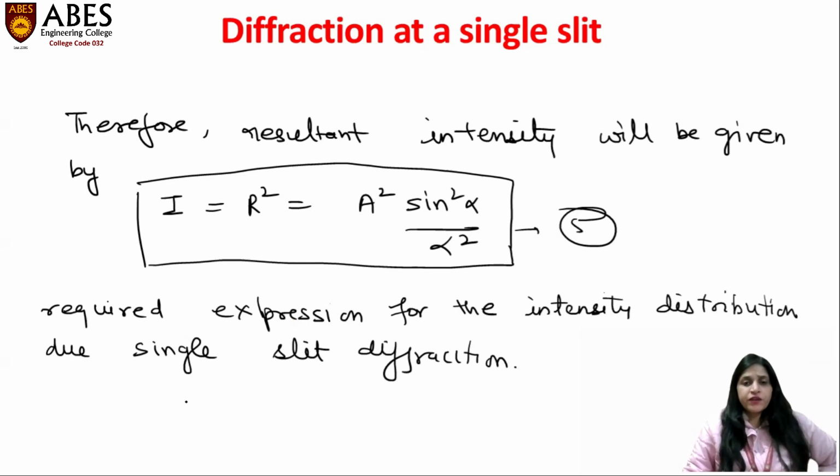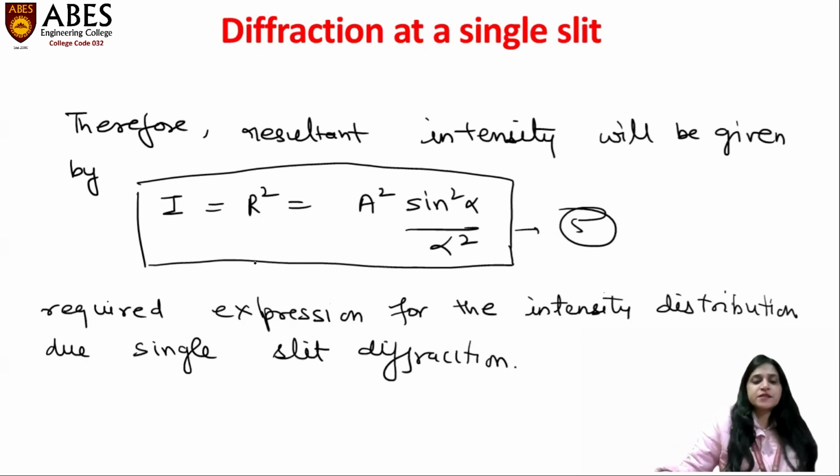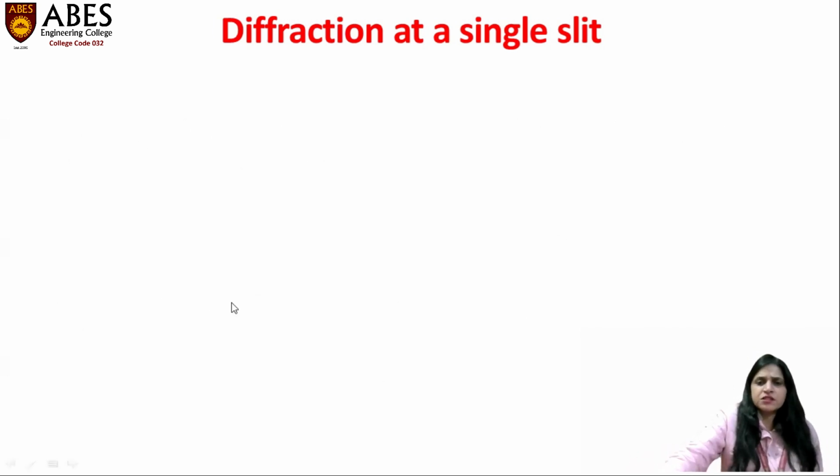Now, what we have to do is, now we have the intensity equation from R, that is the resultant amplitude. Now, this intensity equation should help in finding out all the positions of maxima and minima. Now, let us see how it is helping in finding out all the positions of maxima and minima. So the next discussion will be of the position of maxima and the position of minima, right? So now let us move further with the derivation. I'll change the slide.